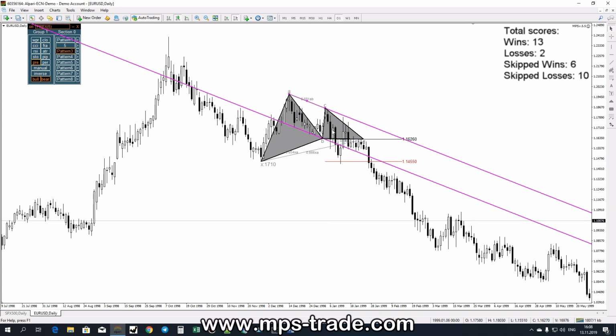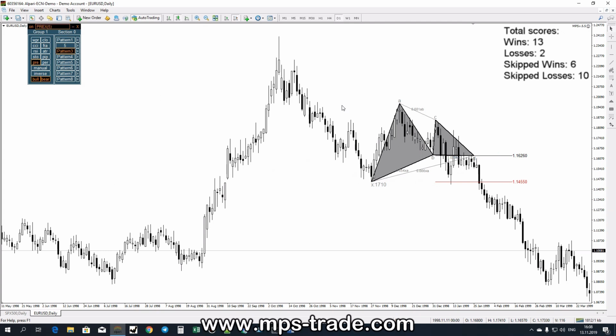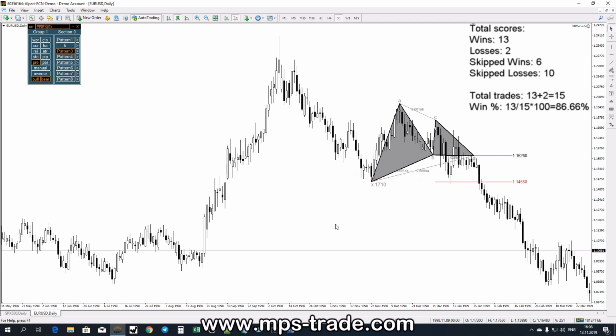Probably if you enter that deep inside of the channel, then it moves to stop loss. If you would wait for a better entry, then maybe it won't be that. Okay. So let's consider this to be a stop loss. This is our stop loss number 2. And that's it,